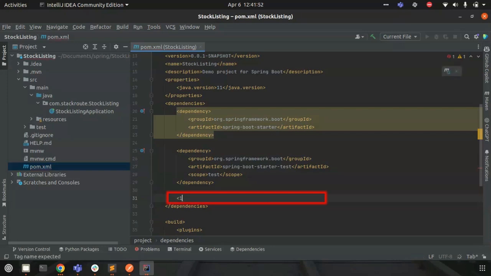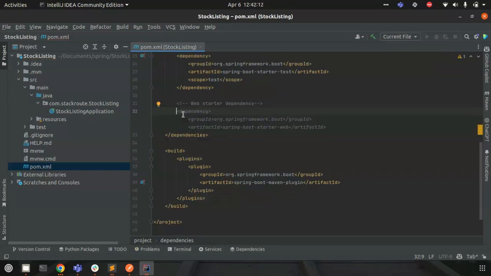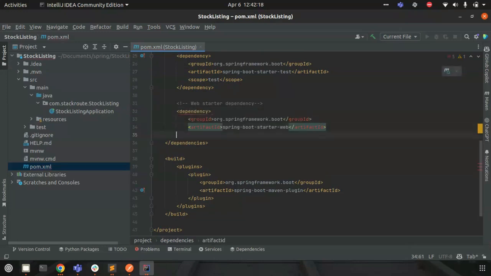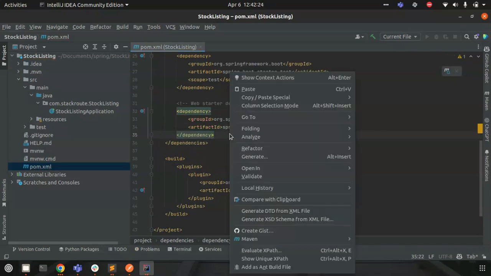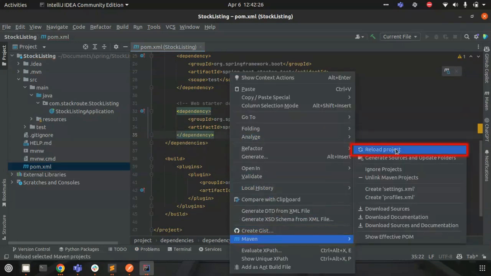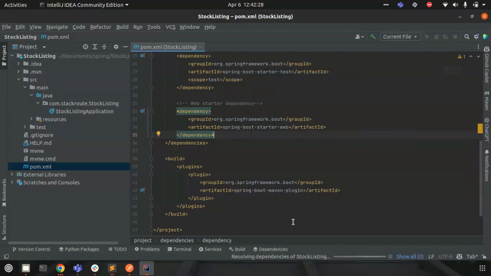I'll just write a comment in the XML file saying that I need a Web Starter dependency. Then close the comment. It is already providing me the suggestion. So this is the suggestion that I just needed. I can just click tab, go to the next line and close the dependencies. Then I can click on Maven and reload project. This will download all the dependencies for the web starter, with which I can expose the endpoint to the